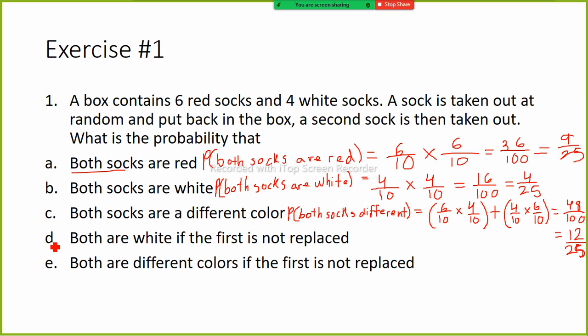Okay, I just came on this, but that would be 4 over 10 times 3 over 10. So we want both white if the first is not replaced. Very good. Let me just write the answer because it's taking too much space. 4 over 10, that's for the first one that is white, times 3 over 10, that's for the second one that is white. It's gonna be